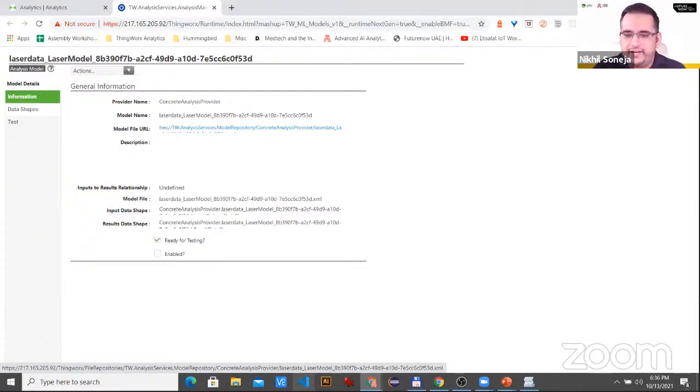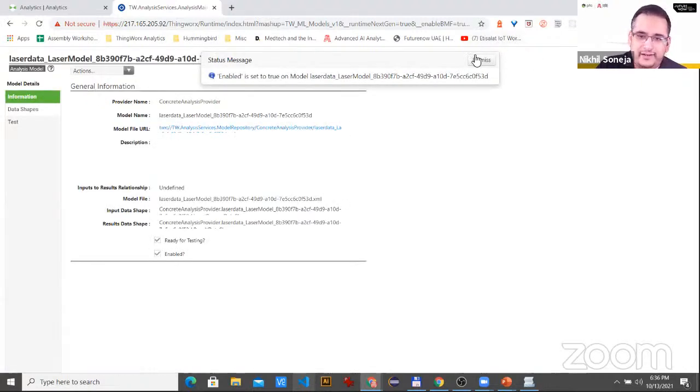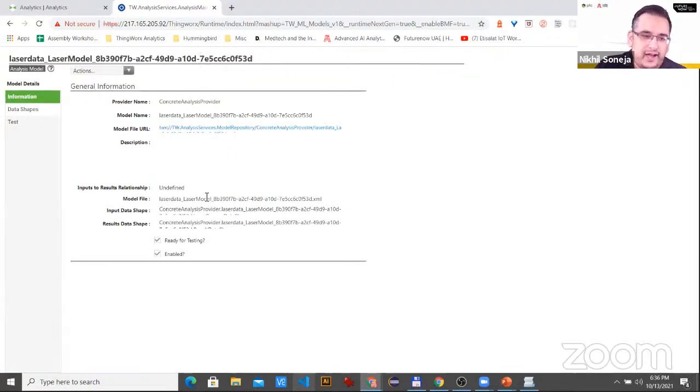Once you click publish, a window will pop up which will tell you that your model is published, and it will give you different options. This is where you enable your model. So make sure you click enable, and it will automatically do that. The other thing is also important for working under the hood, because this is how you incorporate all this data into ThingWorx Foundation.